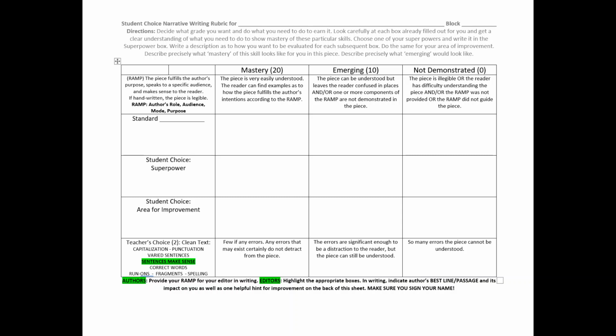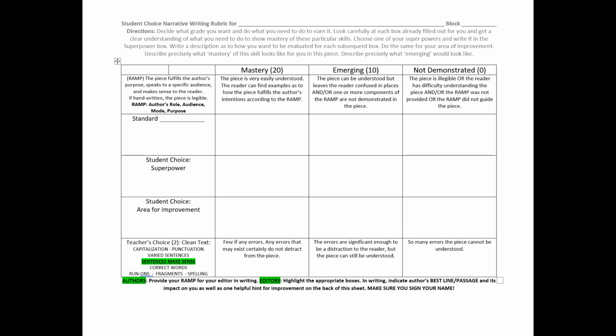Also, you might want to keep this in mind: the students should be able to point to the place in their paper where they've demonstrated that standard. What would be great is if you had them highlight that in, say, the color blue. So that when you get these papers, your eyeballs can go straight to the blue text and you can see very quickly whether or not they have mastered that standard according to the rubric, or they are emerging, or if it's not demonstrated.